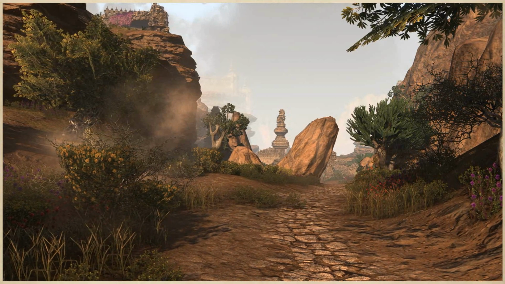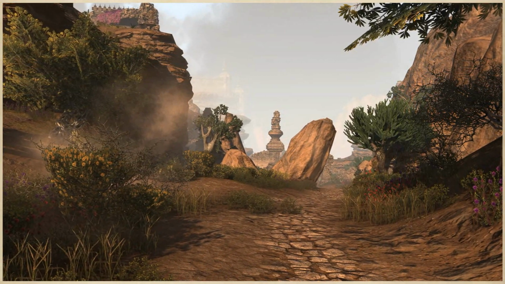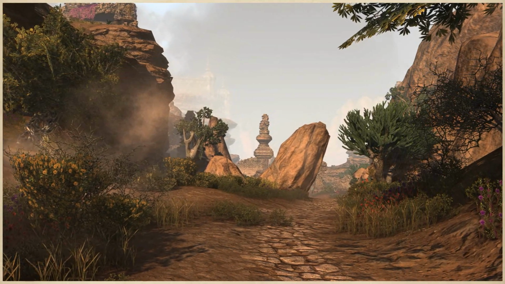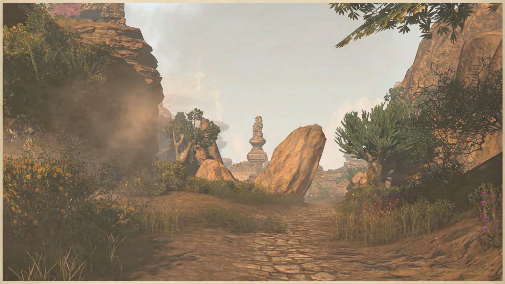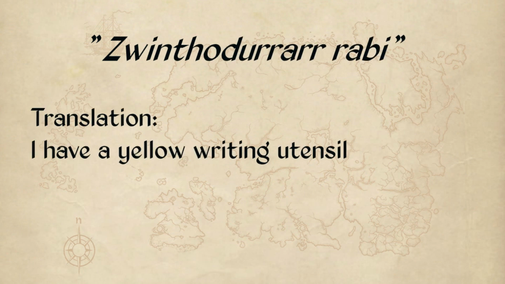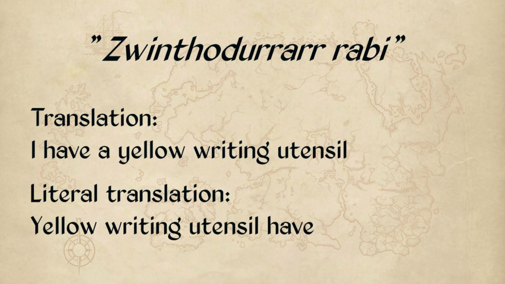An interesting grammatical feature of Ta'agra is its sentence structure. In English the verb comes after the subject, but in Ta'agra the verb comes before it. For example, the sentence Zwinfodurar Rabi translates to "I have a yellow writing utensil, so a quill." But the most literal translation without adapting the sentence structure would be "yellow writing utensil have" in the first person. In other words, the Ta'agra sentence structure is verb, subject, object instead of subject, verb, object,